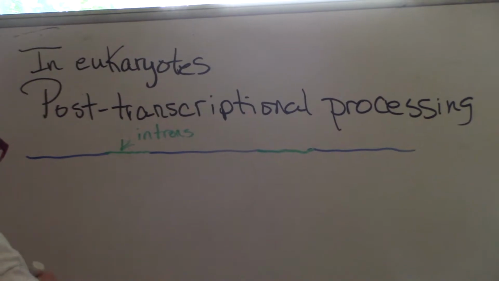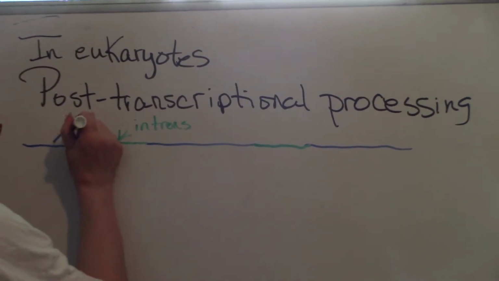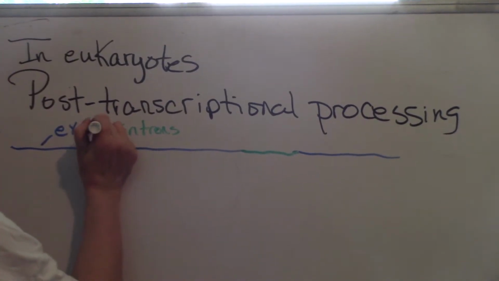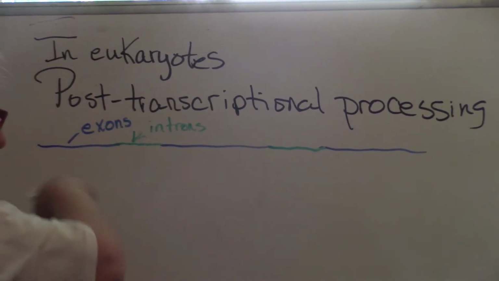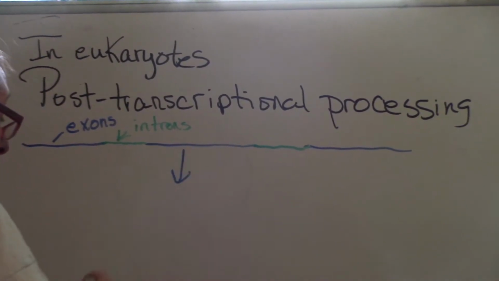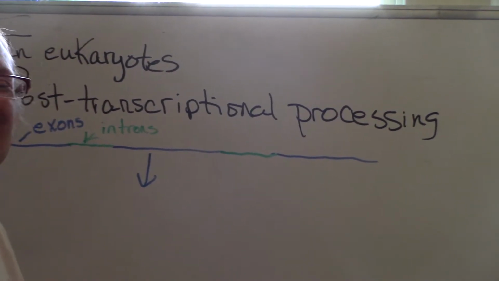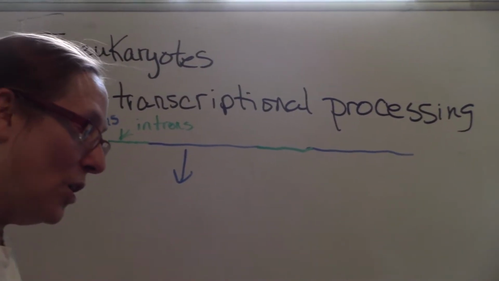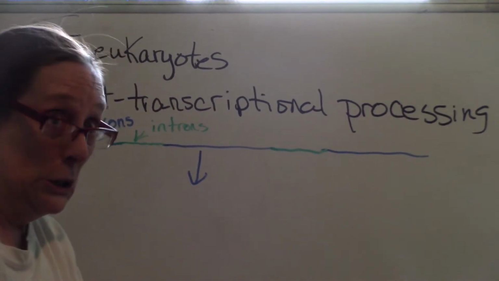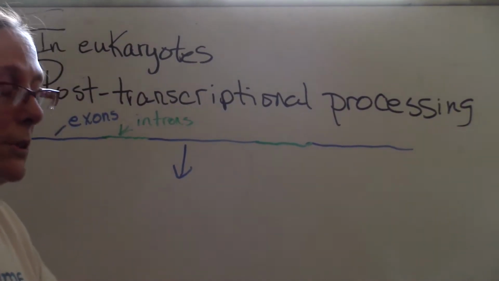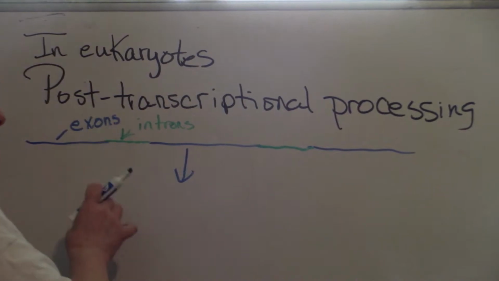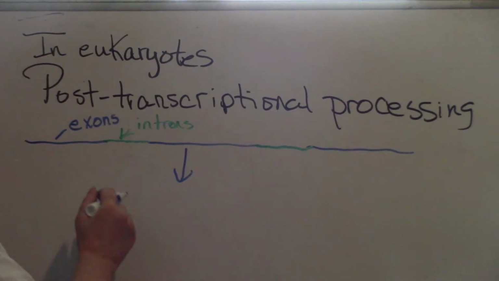The blue sections are exons. And what happens is the introns are taken out. I know, it doesn't make sense, right? You would think something called introns stayed in. Yeah, it's kind of like that oxidation reduction thing, right? But the introns come out,